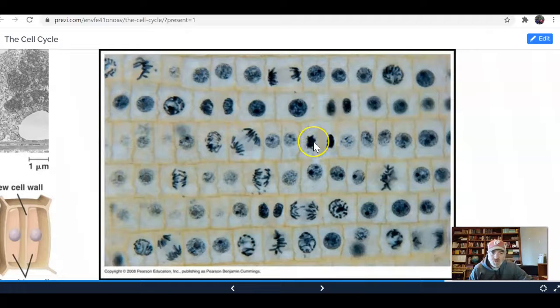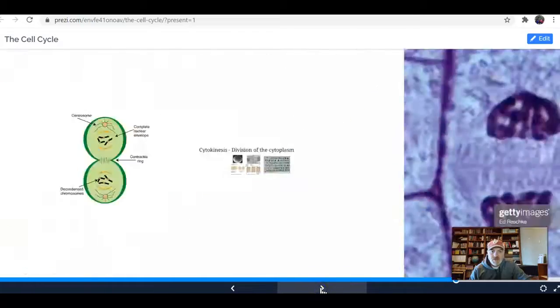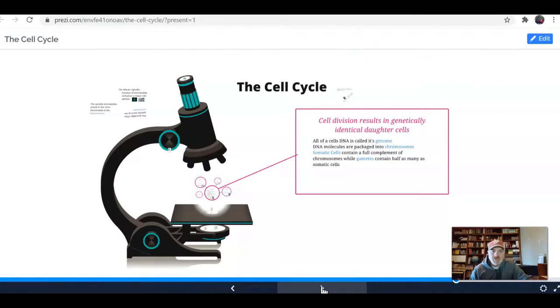See how dark the nucleus is getting. And you can probably faintly see the cell plate forming between there, maybe right here too. Sometimes it's tricky to tell the difference between telophase and when you get two new cells, because there's a thin line between the two. The last thing I wanted to go over with you real quick was